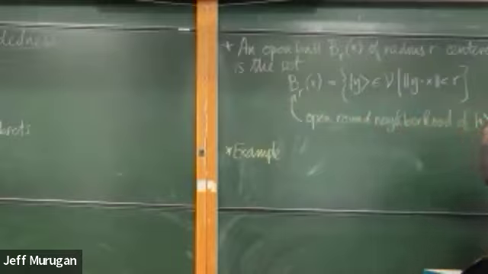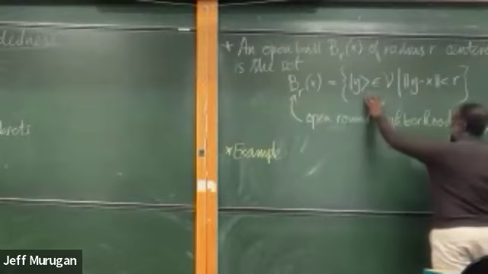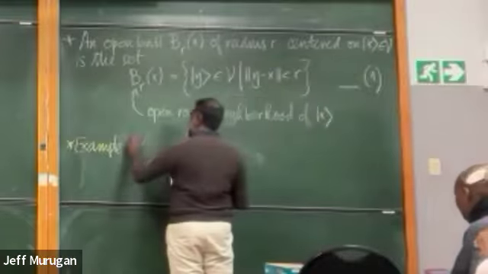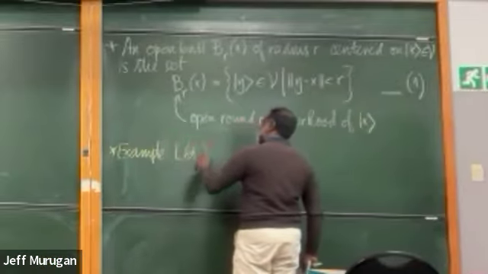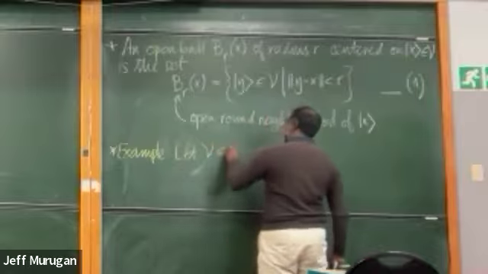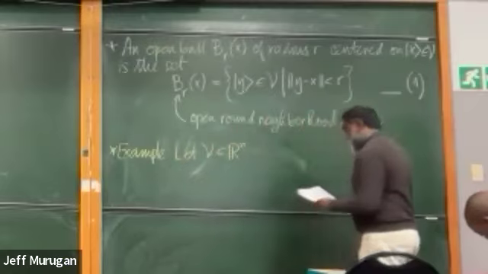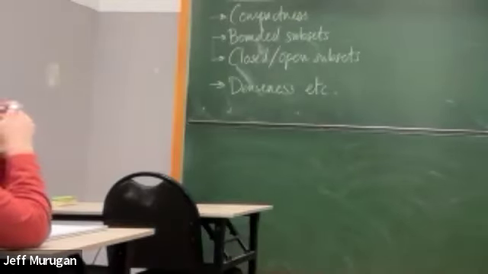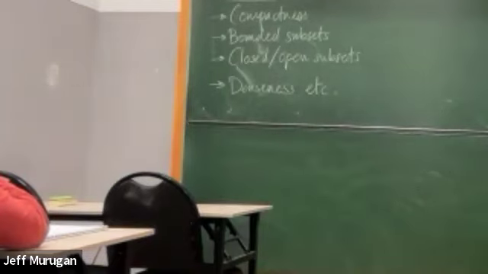Open round neighborhood of radius r, center of x, is the set of all y in V such that the distance from y to x is less than r. And I can make an example of this in, let's say, R to the n. So if we let V equal R to the n, then the open ball centered on x with radius r